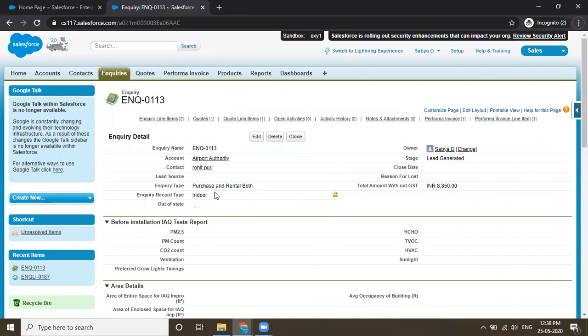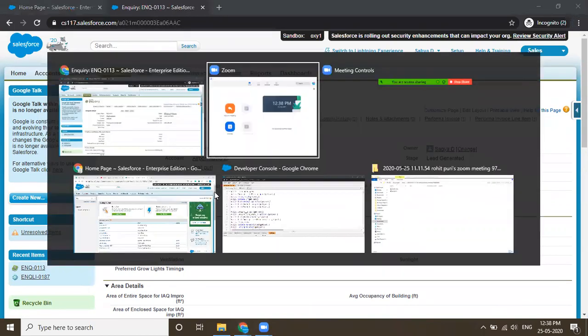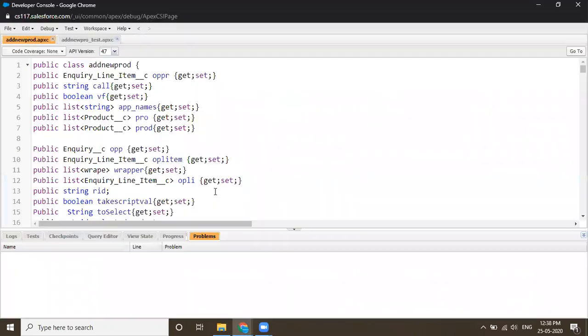I'll show you the process, how to write the code, how to write the lines. It's a very simple thing, not a complicated thing. If we think things are complicated, it's complicated for us. If we think it's very easy, then it goes in a flow, so you will not even get to know when you have done it. So this is the code.